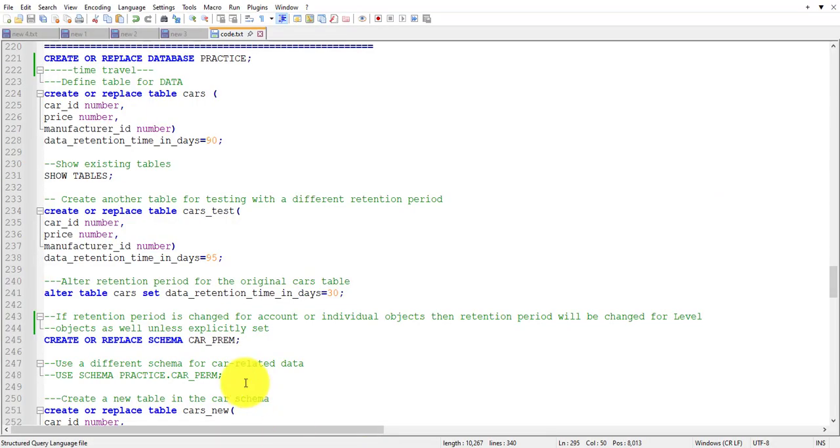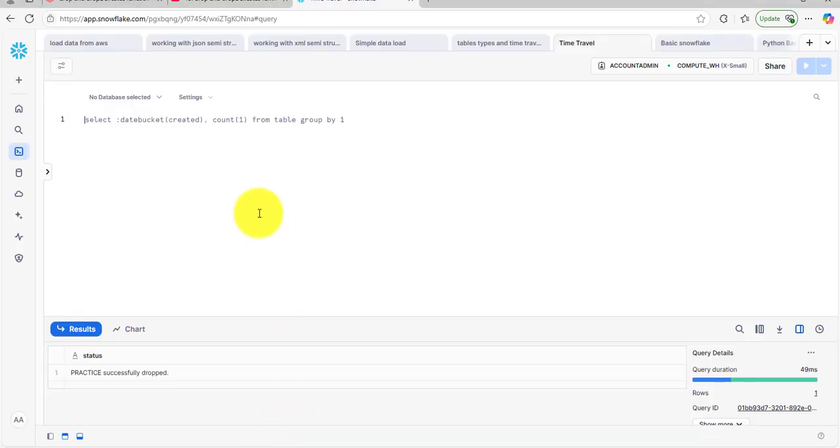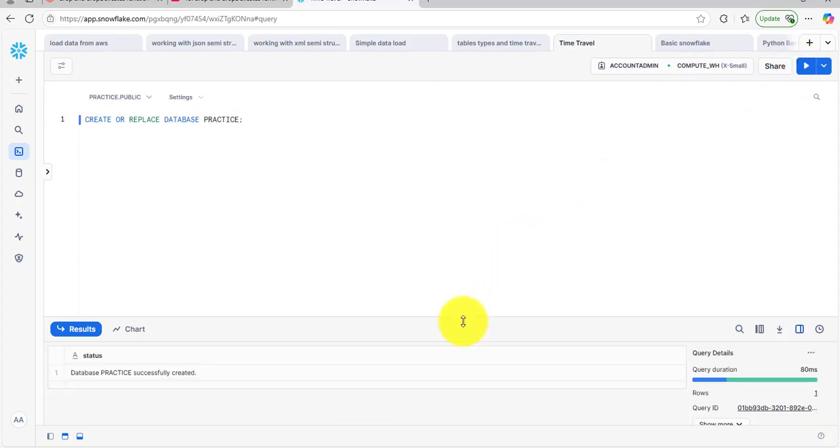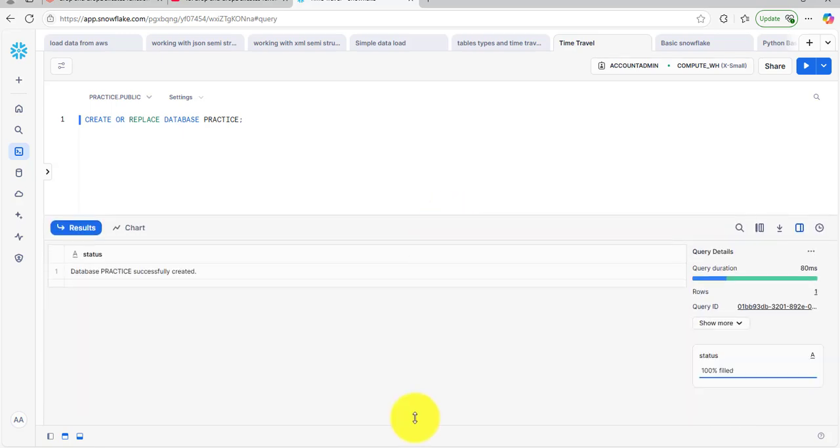First of all, we will create a database using this query. Create a practice database. This query will create a database named practice.